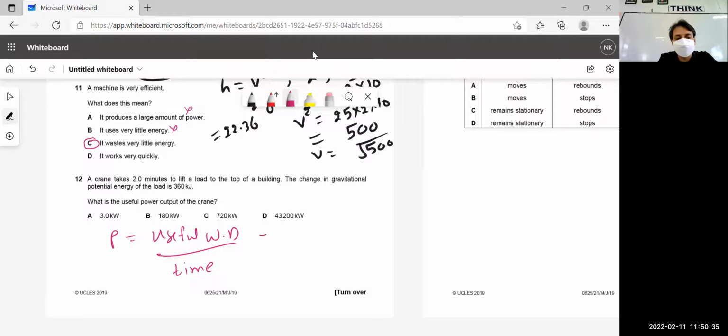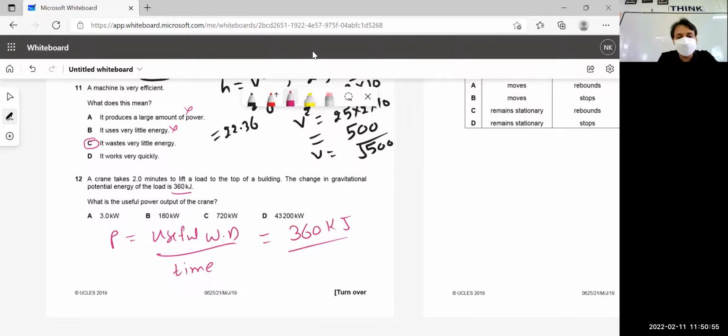Useful work done. What is the useful work done? Work done in moving the object from one position to another position is stored in the form of its gravitational potential energy. So work done is how much? This is given in the question: 360 kilojoule